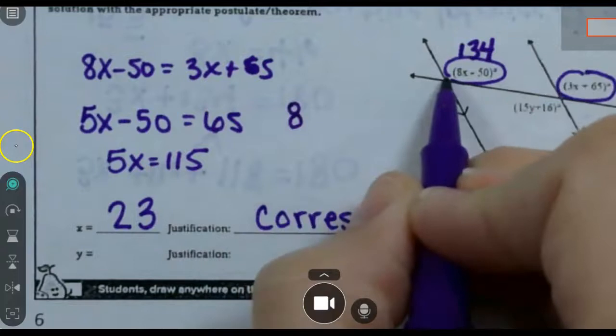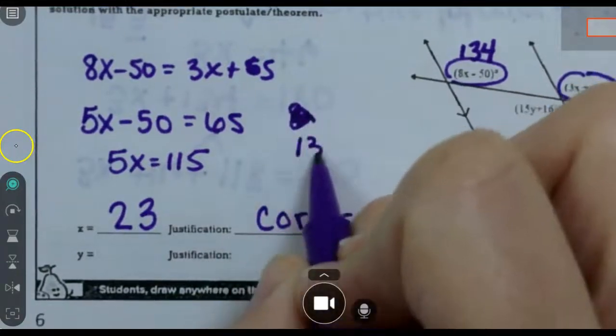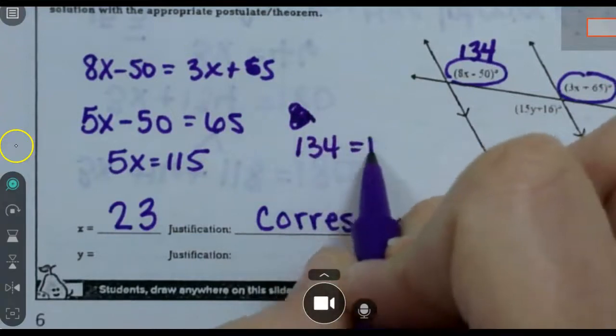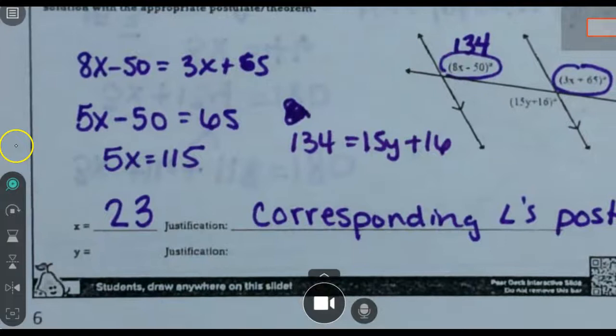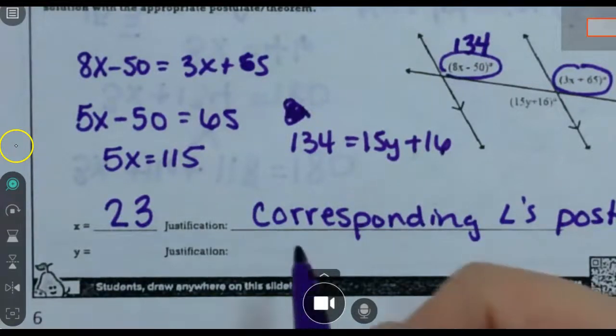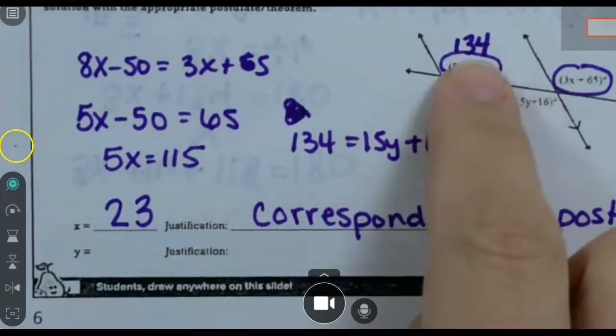So mine is here with the 8x, 134 equals 15y plus 16. So I'll take 134 and subtract, and then divide, which again gives me not a great number. And my justification will be, since I put it here in my picture,